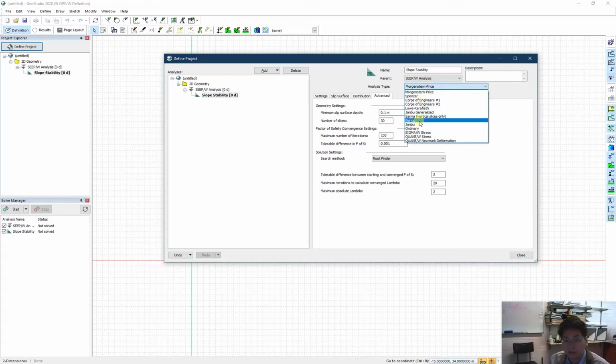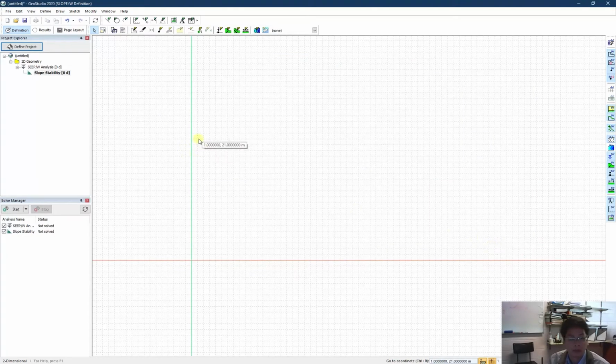I forgot to introduce to you again the list of different methods about analysis type. My favorite is Morgenstern-Price, and it's also the default in SLOPE/W. However, you also can select other methods that are also available. And I also introduced to you the basic difference between those methods in my lectures. The most important part is the inter-slice force. Now, just close this. And we start to draw the